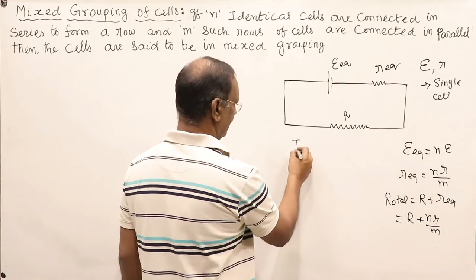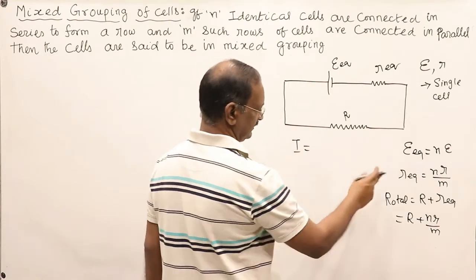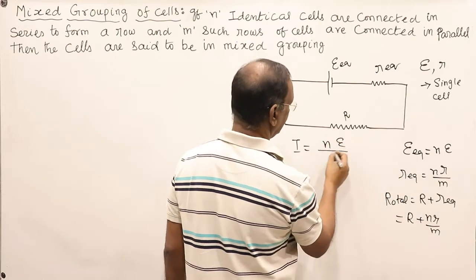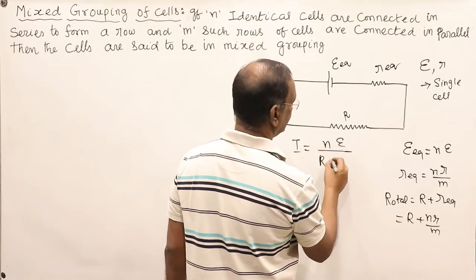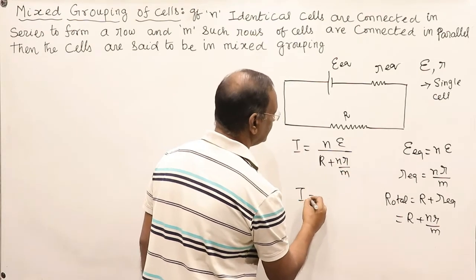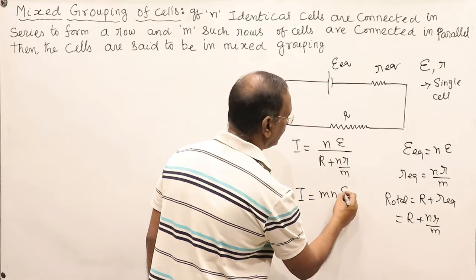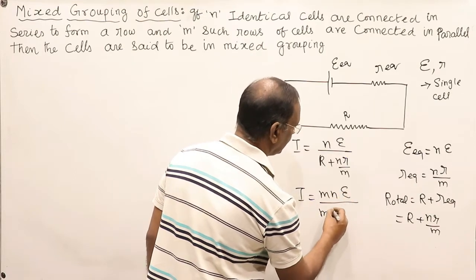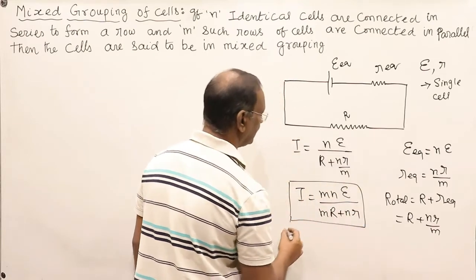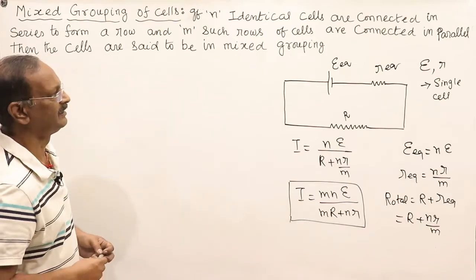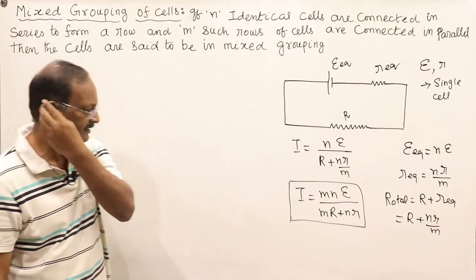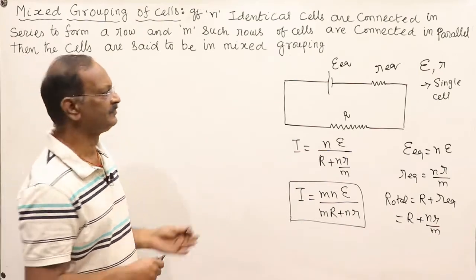And the expression for I is equal to the net EMF divided by R total, that is R plus n r by m. This can be written as I is equal to m n epsilon divided by m R plus n r. This is the expression for current in the mixed grouping for n number of identical cells, each connected in a row. Now we have also seen that for maximum current, the m R